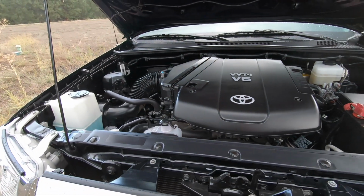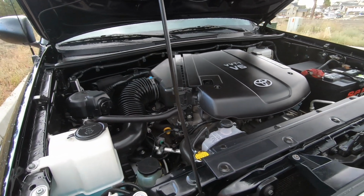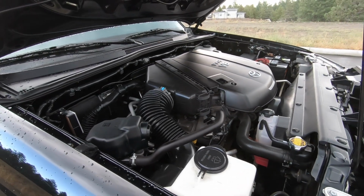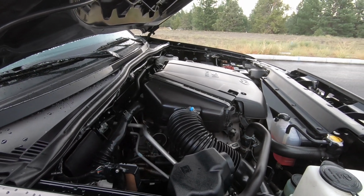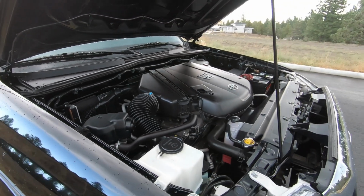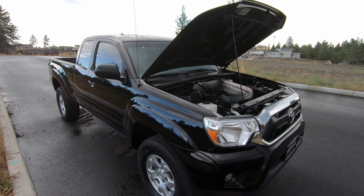on the highway. This vehicle has got the more popular 4-liter V6 with 236 horsepower and 266 pound-feet of torque. That's paired to a 5-speed automatic or 6-speed manual transmission. It's got a max towing capacity of 6,500 pounds and a 0 to 60 time of about 7 seconds. The EPA rating on this model is about 16 miles per gallon in the city and 21 miles per gallon